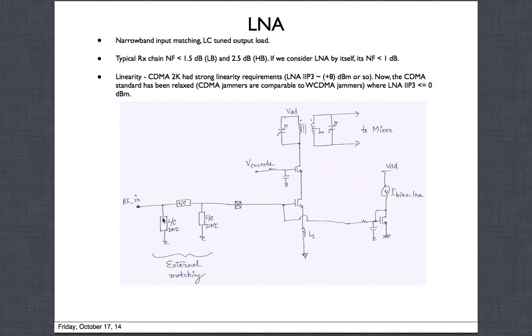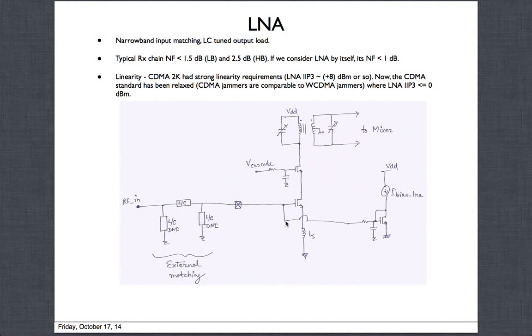That is the network shown. I already talked about it. This is the simplest configuration of the LNA that is used here. Okay, and this has got an output load. So what the LNA is doing is it's taking a voltage and converting it into a current. And that actually goes into the mixer, which we'll look at. Mostly it's a passive mixer. So this actually acts as a GM stage. This is a tuned load. This is LC, and the LC product is again tuned to that respective frequency.